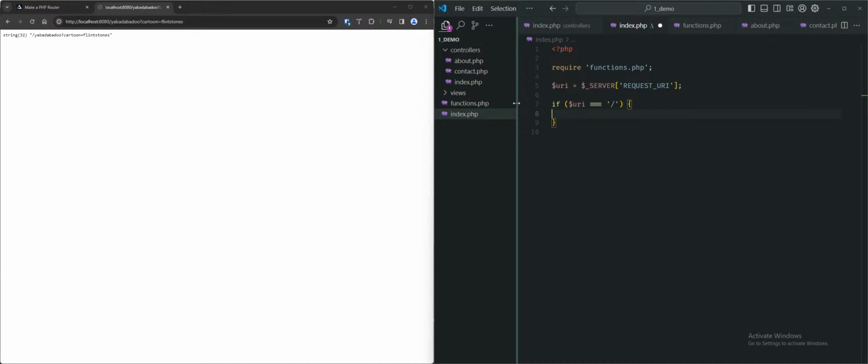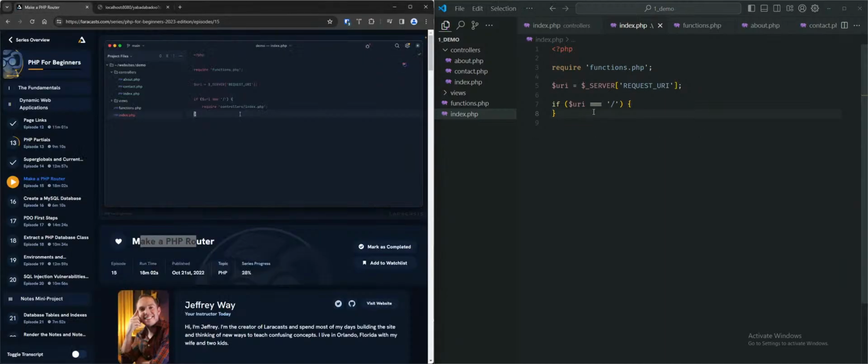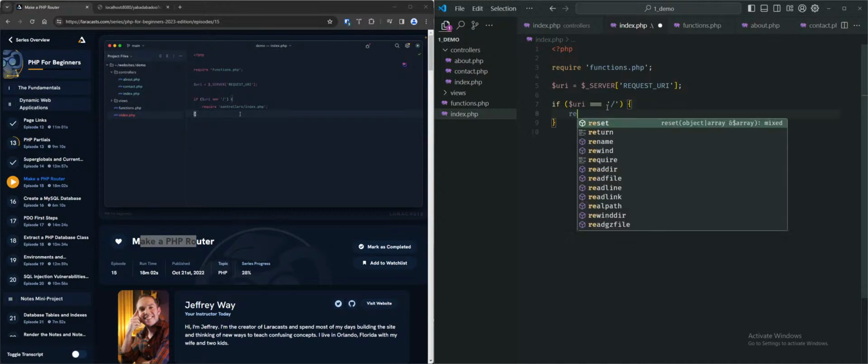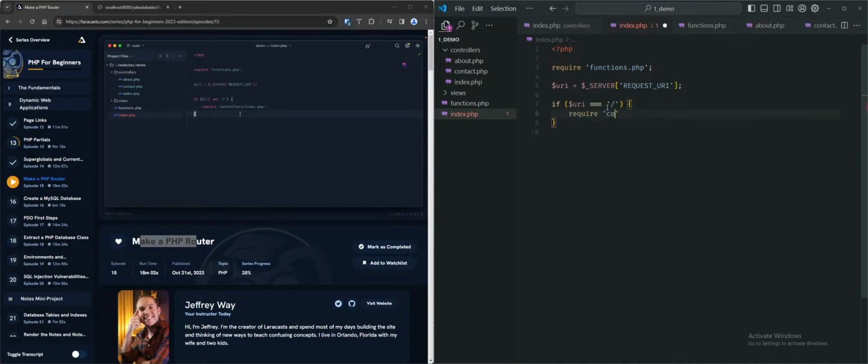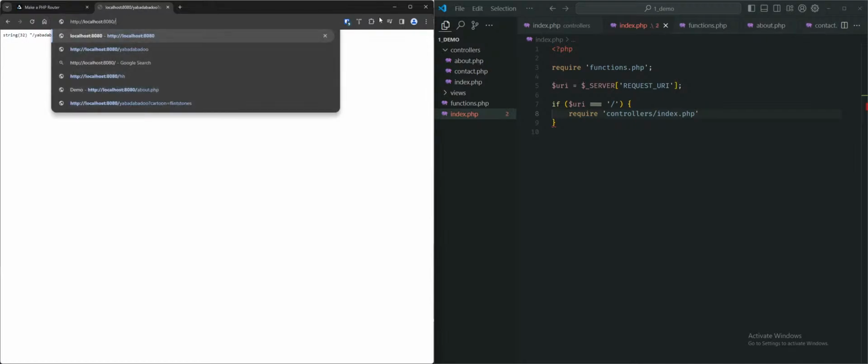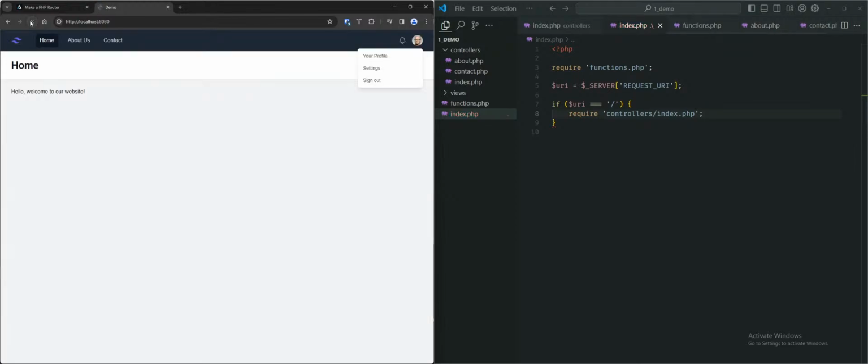So I would say, did it say require index.php? Yeah, it did. Interesting. Require controller slash index.php. Autocomplete, let's go. Autocomplete, but please don't forget to add the semicolon. Fine, amazing. Okay, so by that logic,